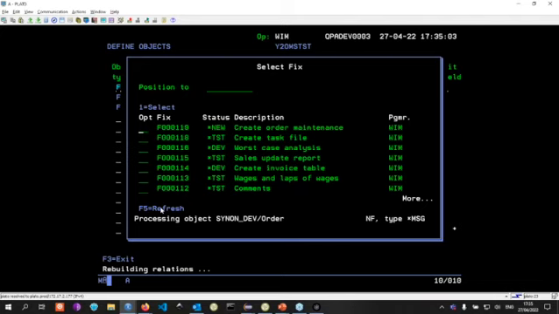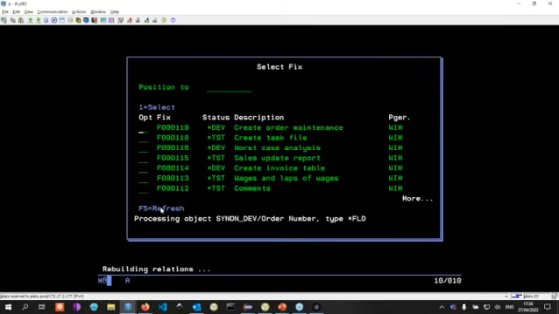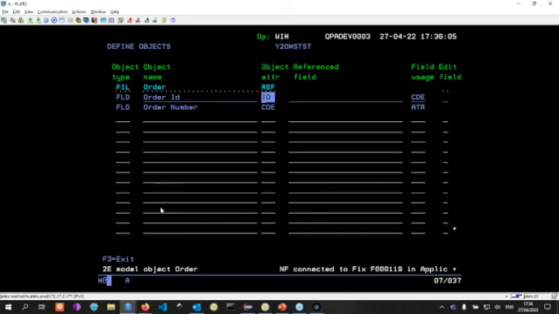object inside Synon, and Synon now says, hey, this is a new object that cannot exist just as an orphan in the model. We need to add change management to it. So just show me the task that you want to connect it to. So it says, okay, this is task 119. And a couple of objects are going to be created. Okay, so this is not correct. So what can I do here?